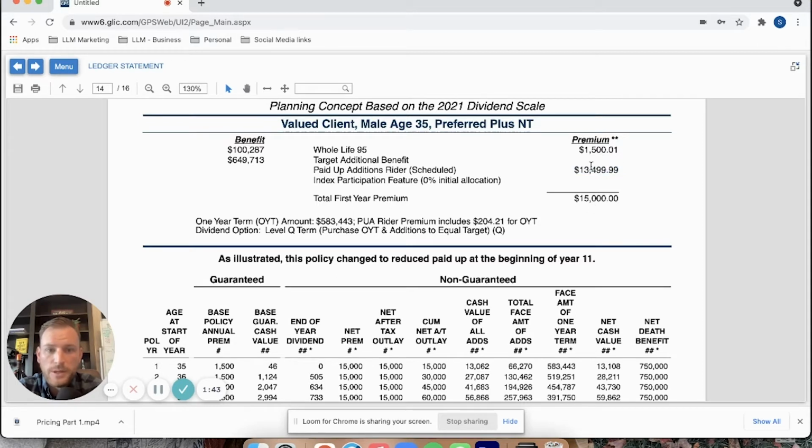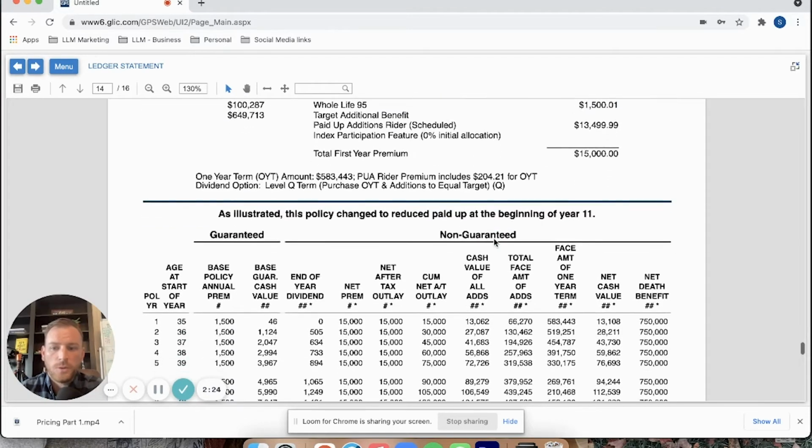The premium plus what's called paid up additions, which is essentially the cash that you're going to infuse into the policy if you want to. You can do any amount over and beyond that $1,500 up to $15,000. It could be $5,000 one year, could be the full $15,000, could be $10,000, any number in between. The point is we have to establish what the max we want the ability to put in any given year. That will then dictate what this lowest premium would be. And in this case, it's a 10-90 split. 10% premium, 90% going to cash value, making up our total annual ability.